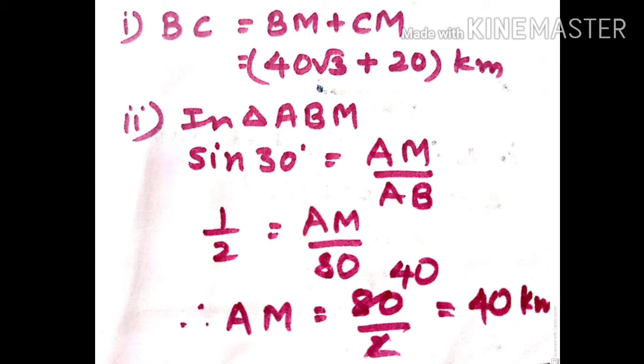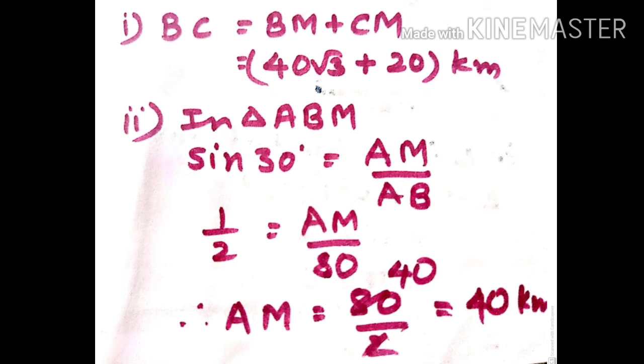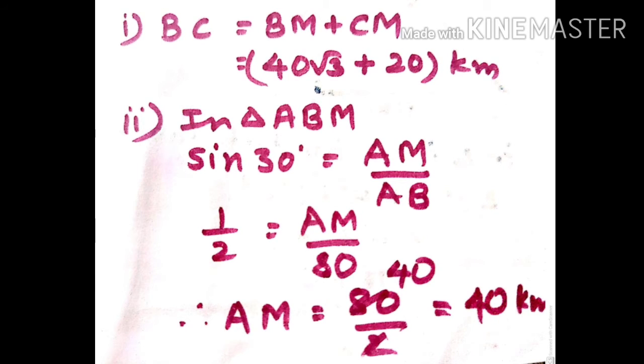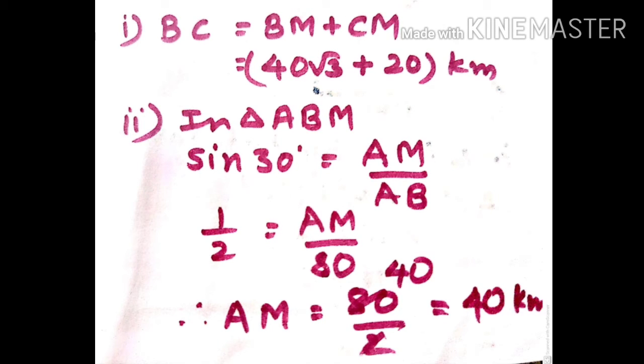So sine 30 degree is 1 by 2, equal to AM upon the value of AB, which is 80 kilometer. So now AM is equal to, by crossways you write, 80 upon 2. And then by cancellation we get AM is equal to 40 kilometer. Just see your AM in your figure, that it is the horizontal distance AM which is same as PC, because